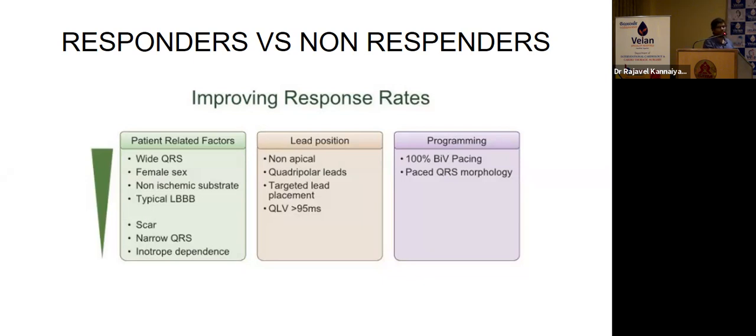And putting quadripolar leads will improve the EF because we have the option for multi-site pacing, not only the single site, we can pace multiple sites. And always seeing the QLV will have more than 90 or 95 will be good. So always we have to achieve the 100% biv pacing. So in all pacemakers, our goal is to reduce the pacing function. But in CRT, we need 100% biv pacing